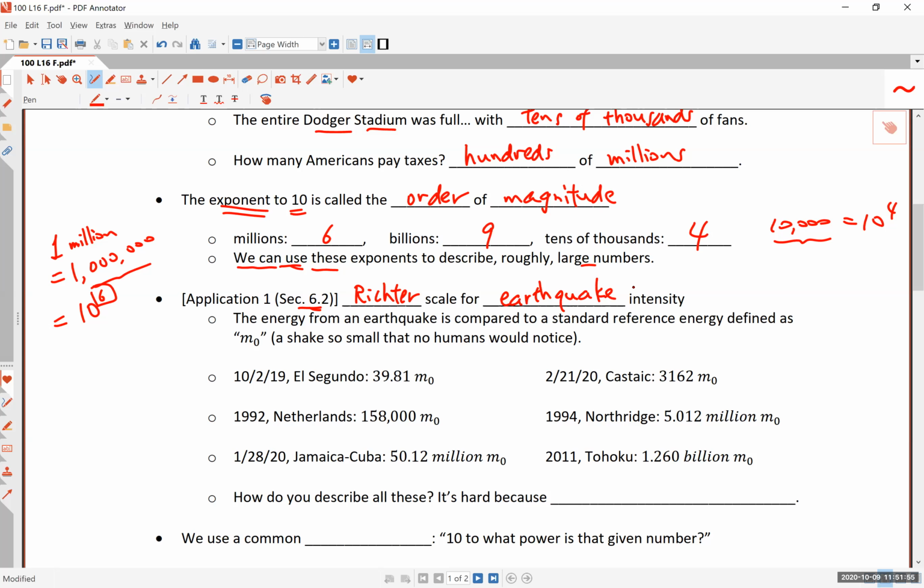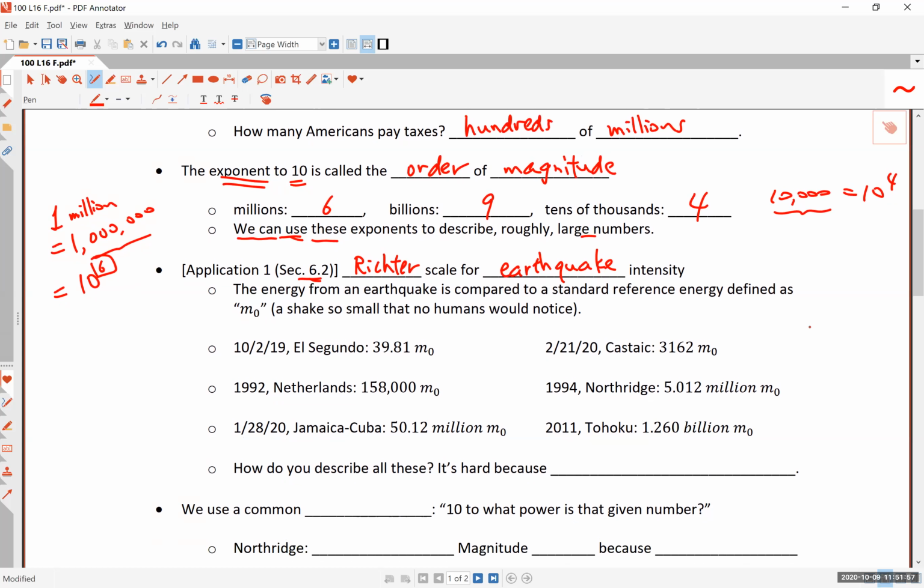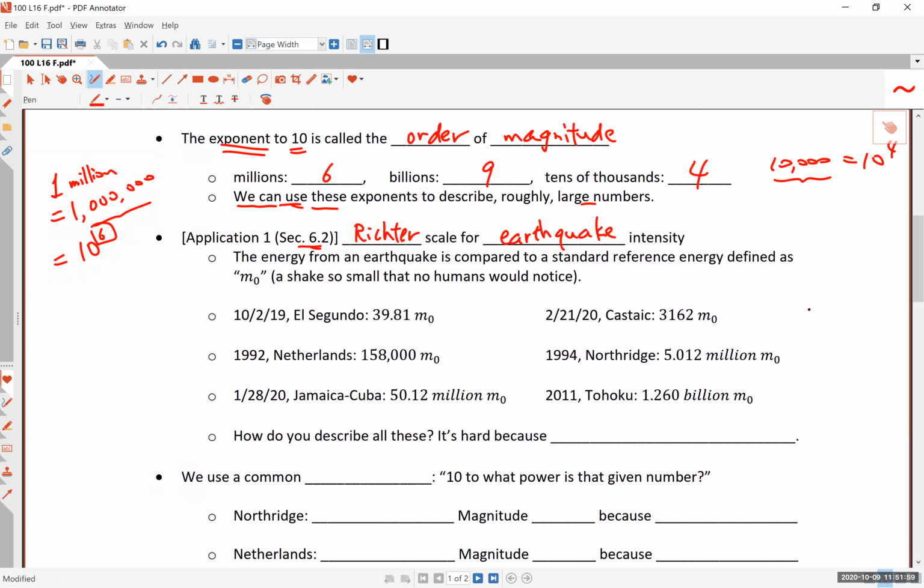Let me explain how this works. Right. So when scientists, basically geologists and seismologists in particular, started to measure the intensity or the energy released by an earthquake, and that's what causes an earthquake, it's a release of energy from inside the earth. All right. And so when they tried to describe the energy level, they found that there's a wide range of